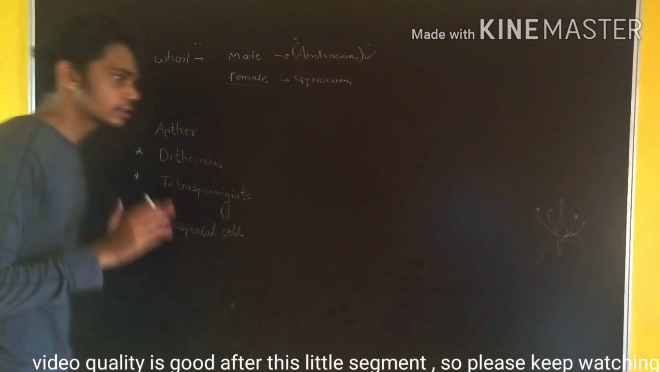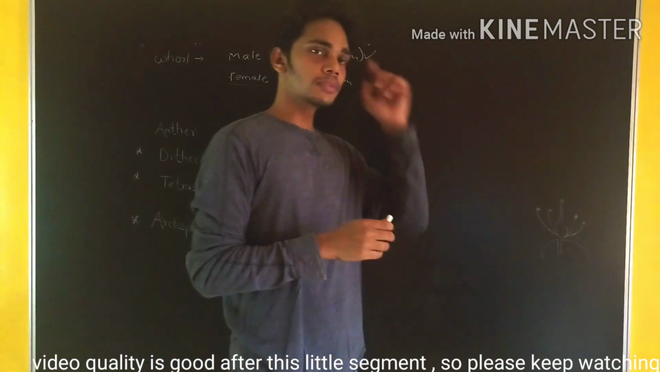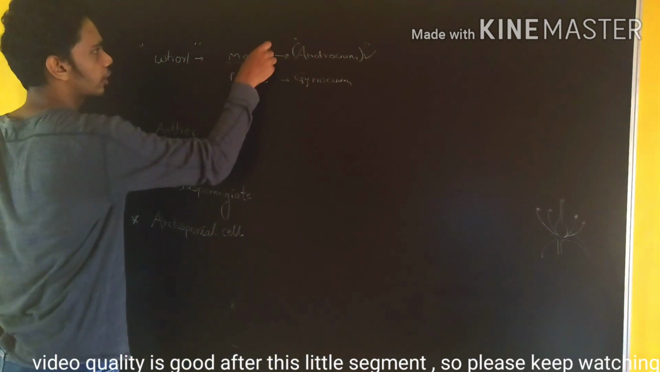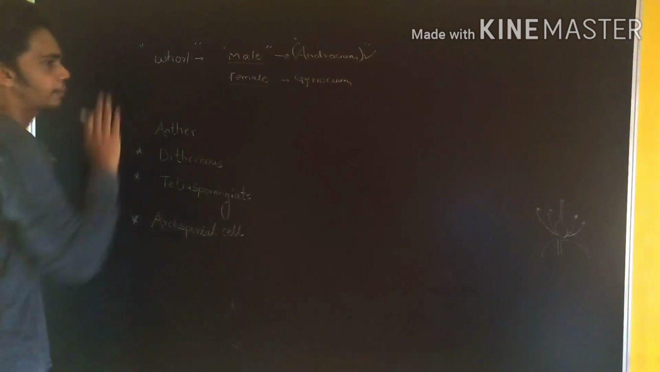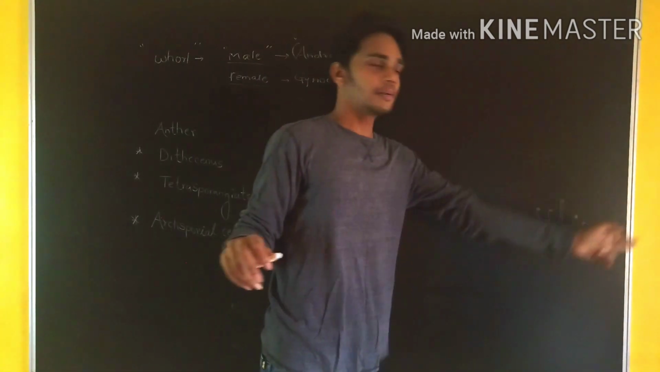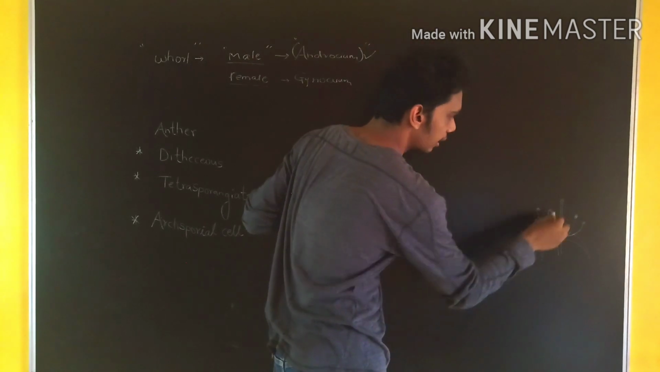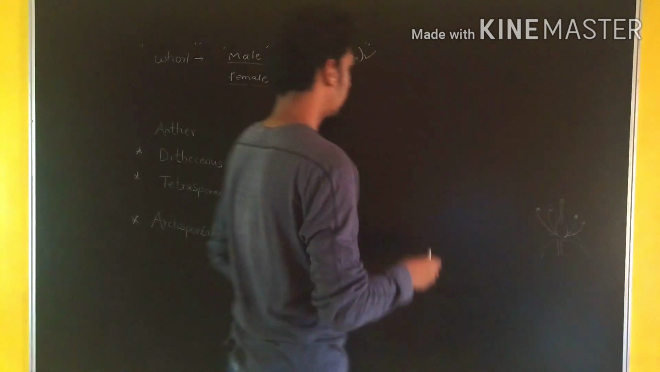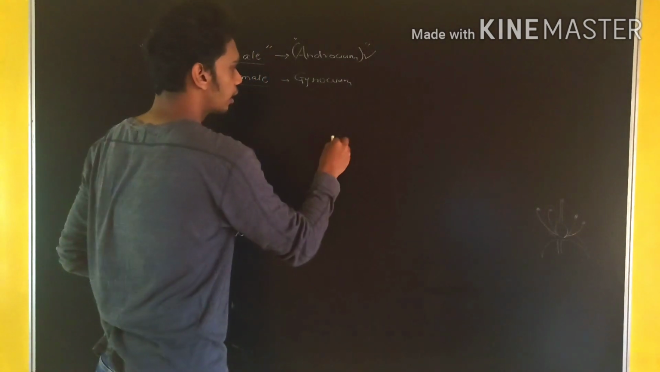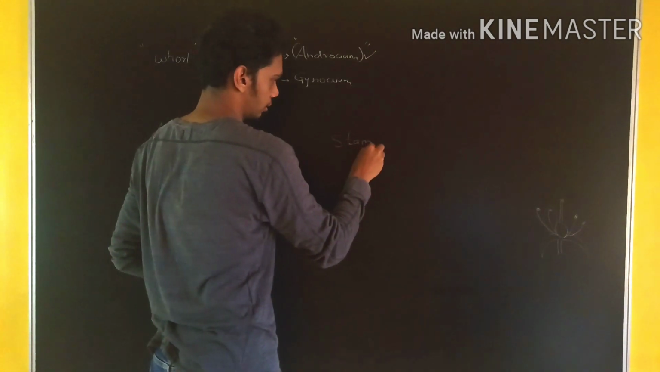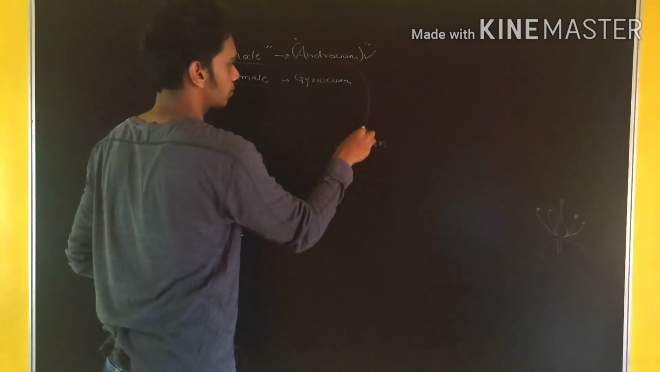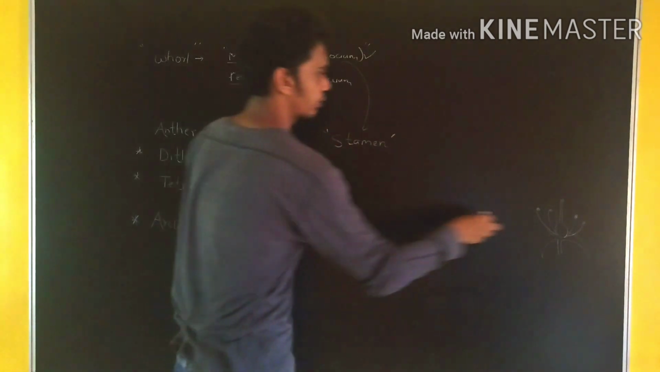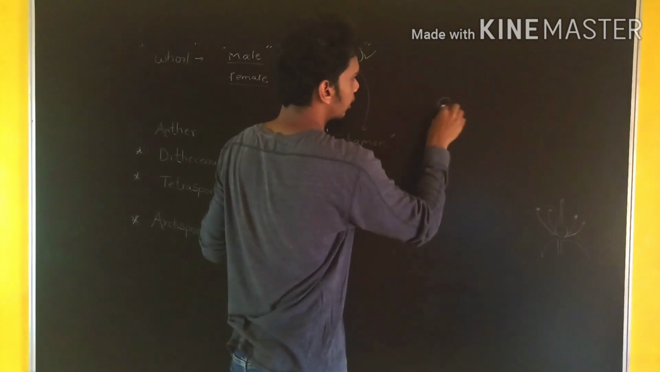Whenever the word androecium comes, we have to understand that we are talking about the male whorl part. In the flower, this is the male whorl part, which is collectively called stamen. The male androecium is nothing but the stamen, which consists of, if I draw the diagram,